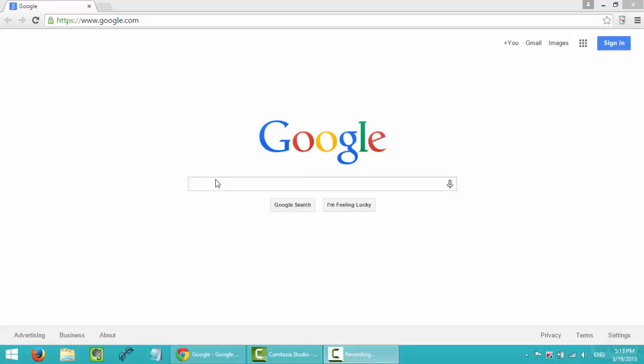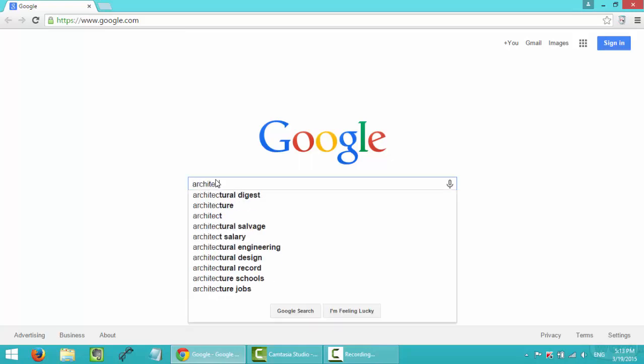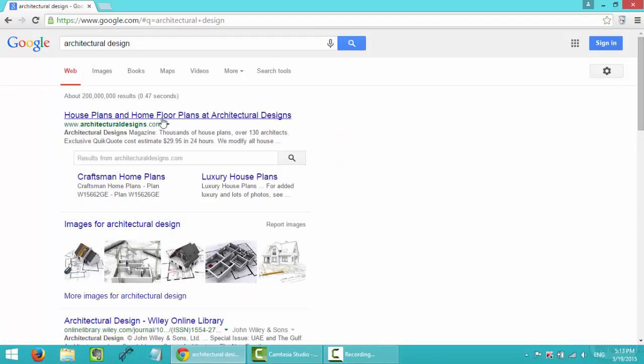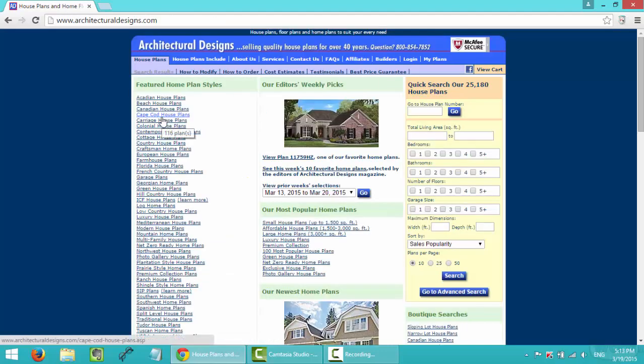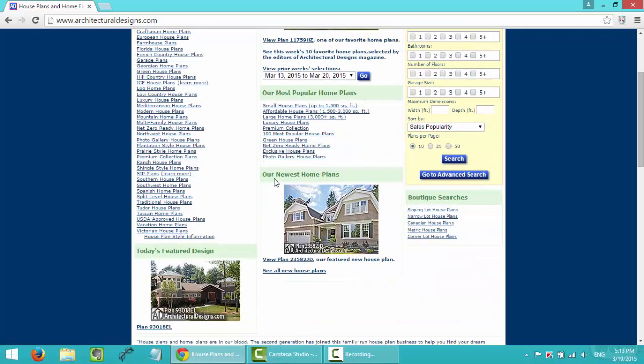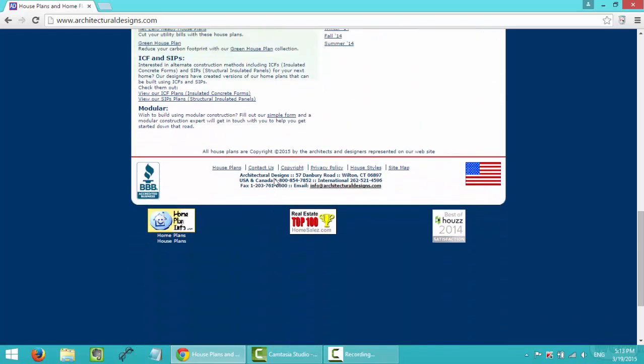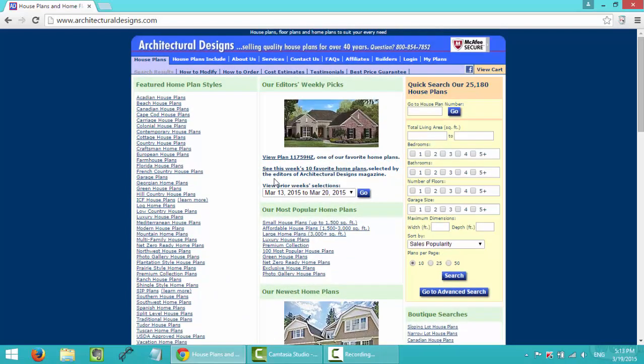I want to research architecture design resources, so I write "architectural design" and then I click the first page. It shows some pictures about Cincinnati's designs and some other cities' designs, and